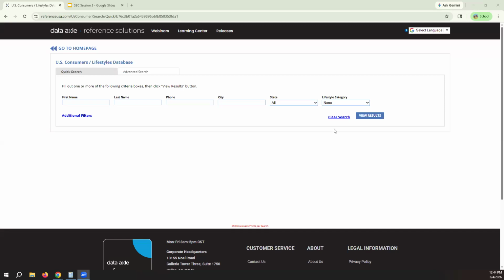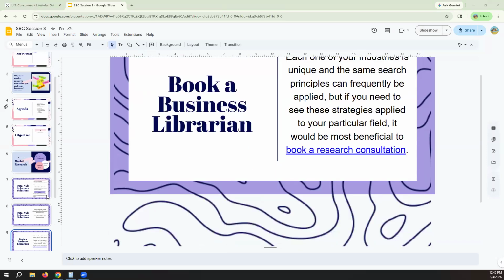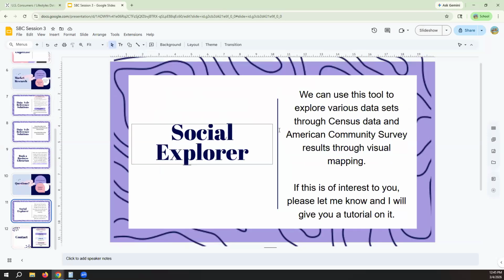But census data is a little different in the sense that it can provide a little bit more specificity, and it can also be more meaningful about the kinds of demographic information that you might need. We do not have time to go over that today. However, if you are interested and you want a tutorial on how to use Social Explorer, then you can always make a research appointment and we will go over Social Explorer and how that works.